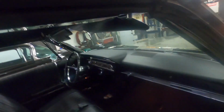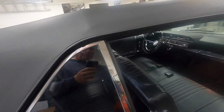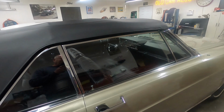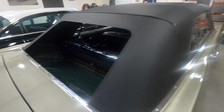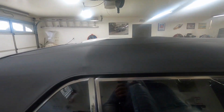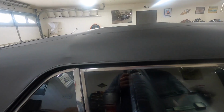But everything else looks pretty good now on the top frame weather stripping. I mean, like I say again, it's a convertible and they don't always seal. I unzipped the window because I was running the top. It was easier to put the top part way down, like halfway, to get in there to the nuts. Otherwise, I could just stand out here and do it. So anyway, I'm gonna